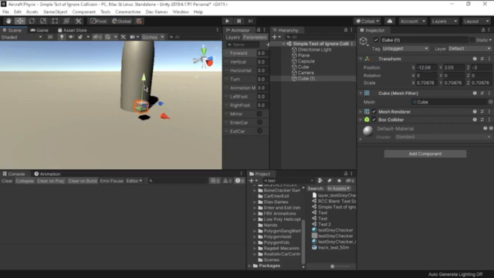E is for rotation of your object, and R is for scaling up and scaling down. So that's the shortcuts. Just play along with them: try the Q, the W, the E, the R, play around with it, and then figure out